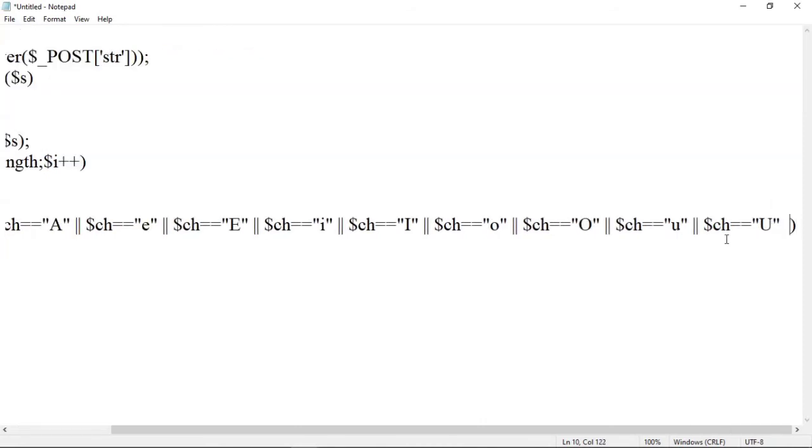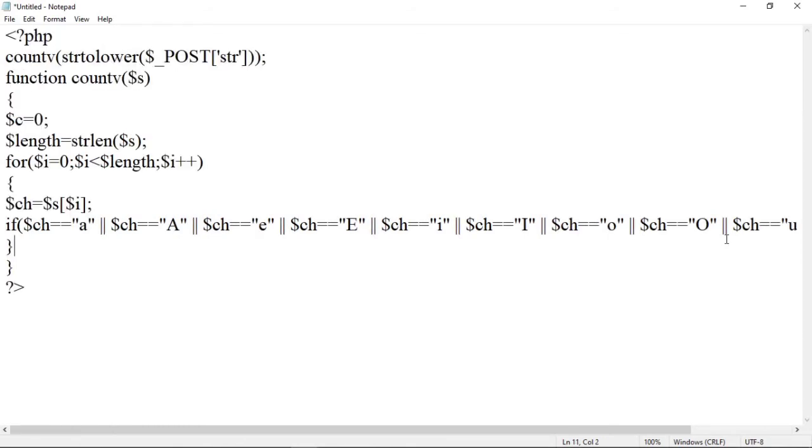Now we are done with all the conditions, that is A, E, I, O and U. Now if one of these conditions is true, then the count of vowels should get incremented. So here use $C++, semicolon. This will continue for the whole length of the string.